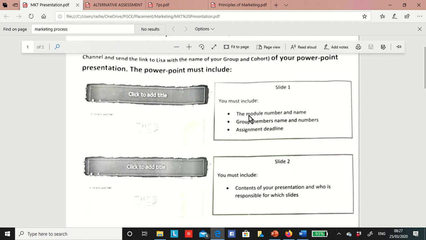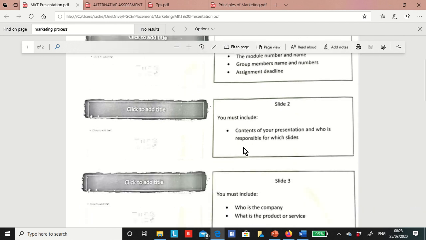Okay, first slide, definitely that's your cover slide. All the basic information will go here: your module number, name, group members, introduce yourself, and other information. Slide 2 is where you will mention your group members' contributions, which means the contents of your presentation and who is responsible for which slides.